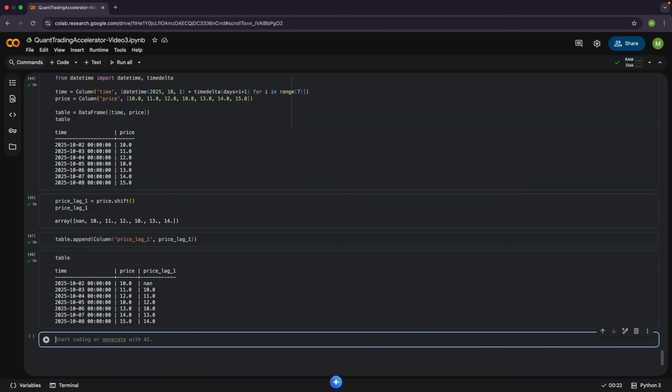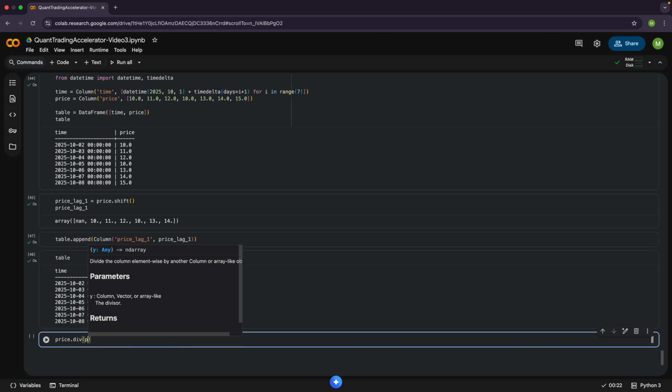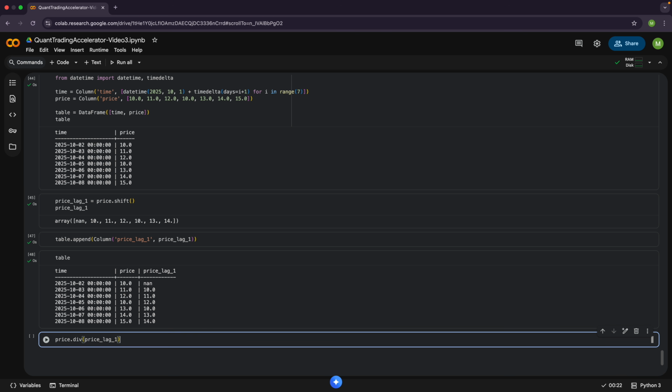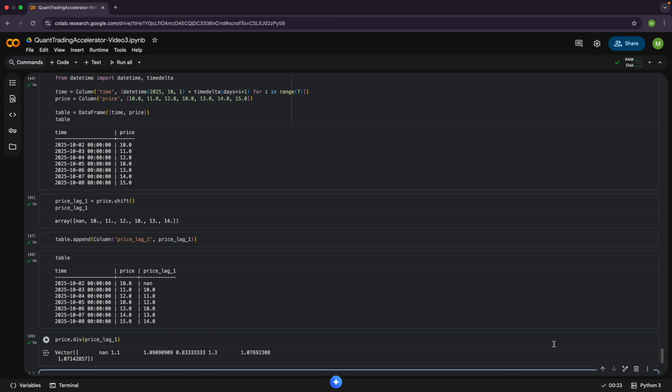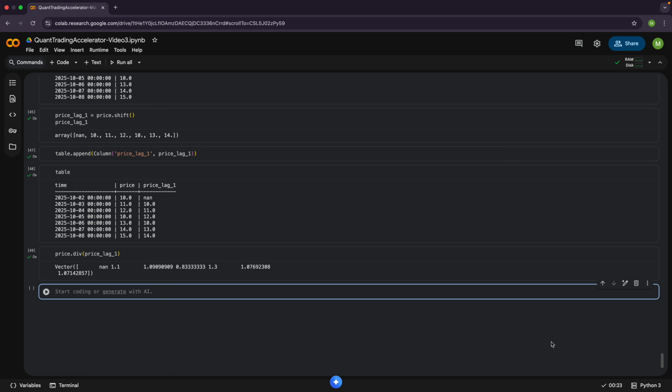So we're going to take the price and do division by price lag 1. Okay, and this is essentially just the ratio between the price and the price lag 1. So it's literally taking this number and dividing it by this number for each element. Okay, but we can also write it like this as well, because this is what's called operator overload,